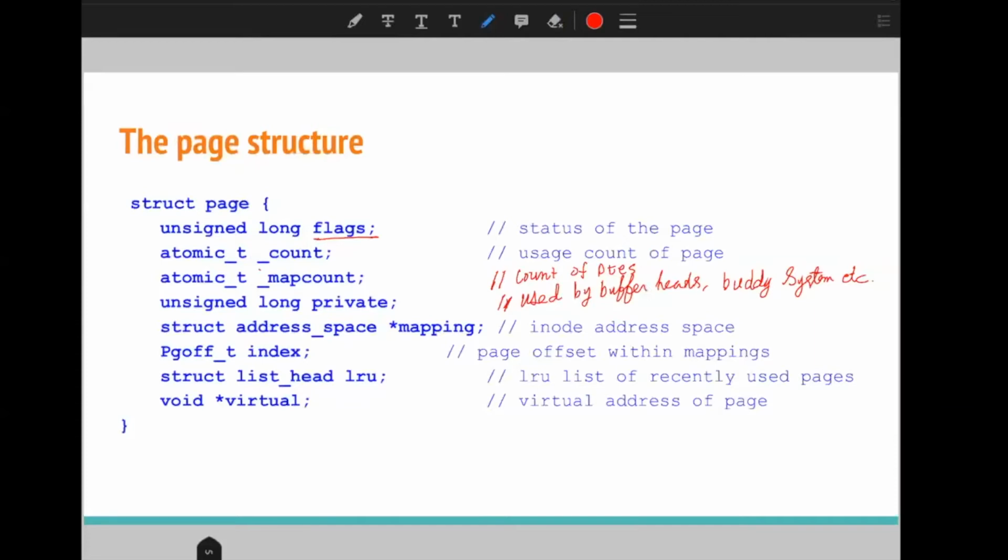The count member tells the number of processes currently using this particular page, and this m map count tells the number of page table entries. Similarly, we have this virtual member. It tells the virtual address of this particular page. And this is the list of recently used pages in the memory.